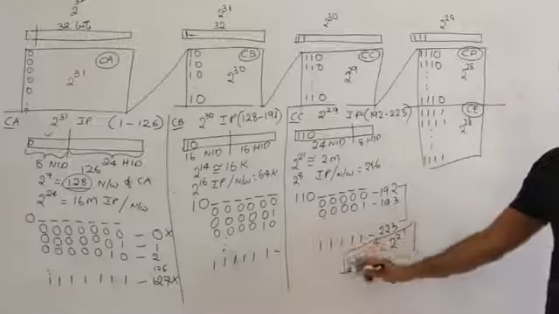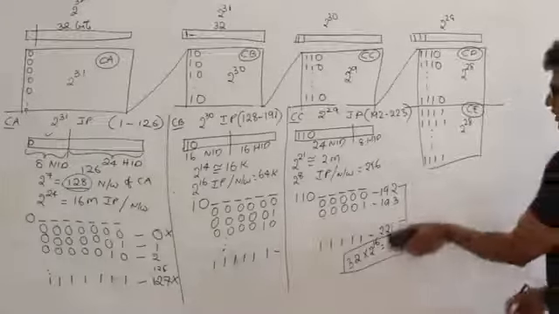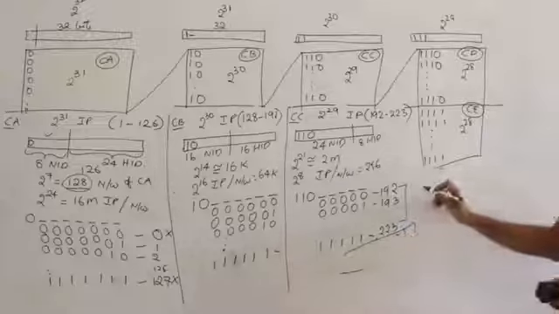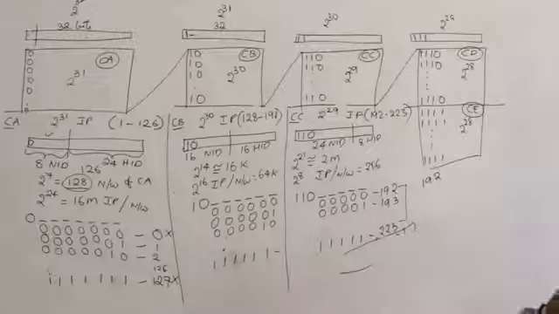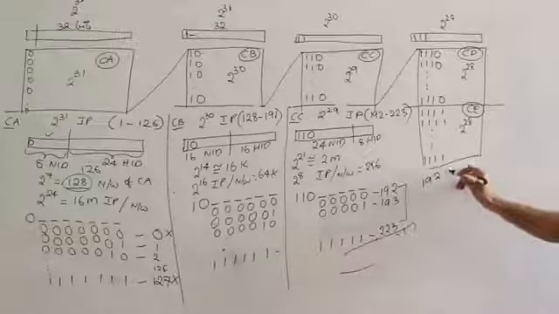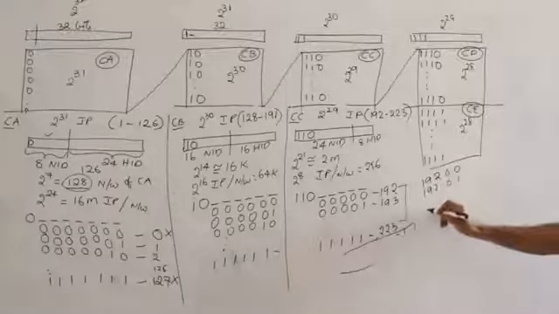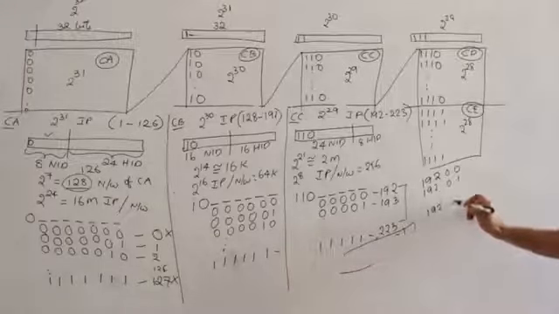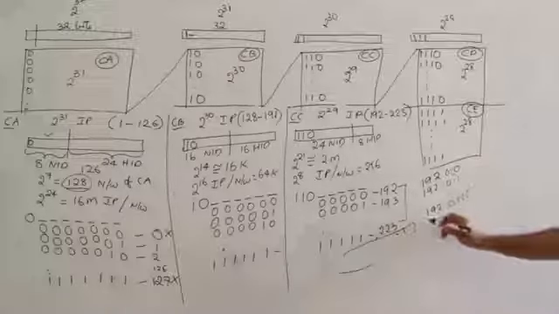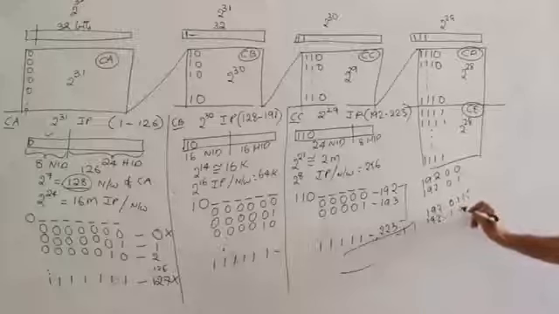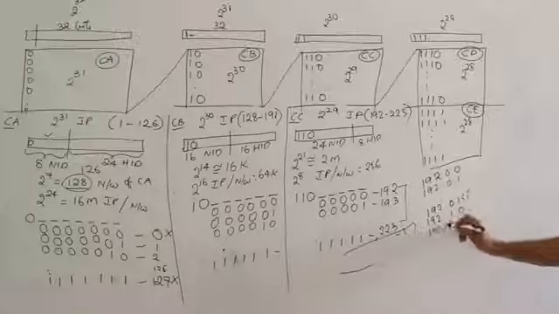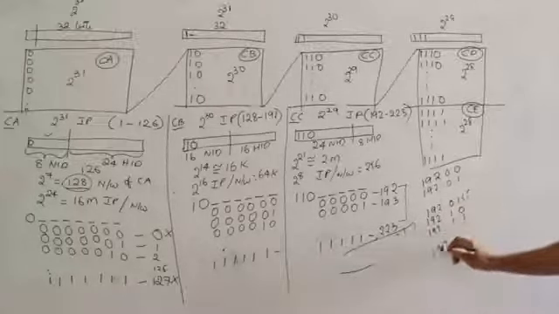Therefore we get 32 into 2 power 16, which is nothing but 2 power 21, right? So if you want to see what they are, the network addresses will be 192.0.0, 192.0.1, and so on up to 192.0.255, and again 192.1.0, 192.1.1, and so on,